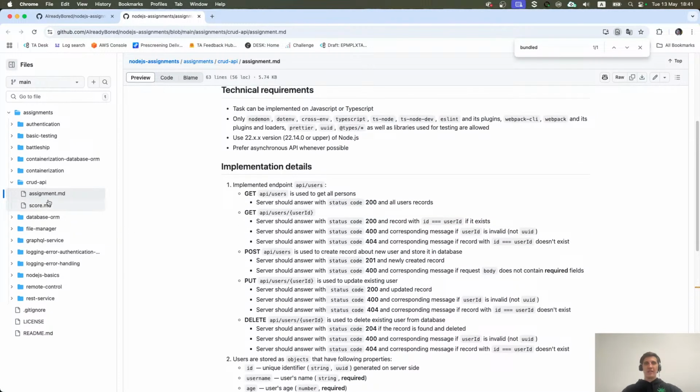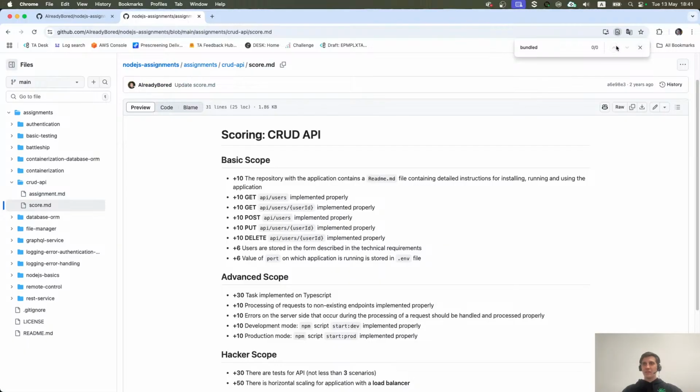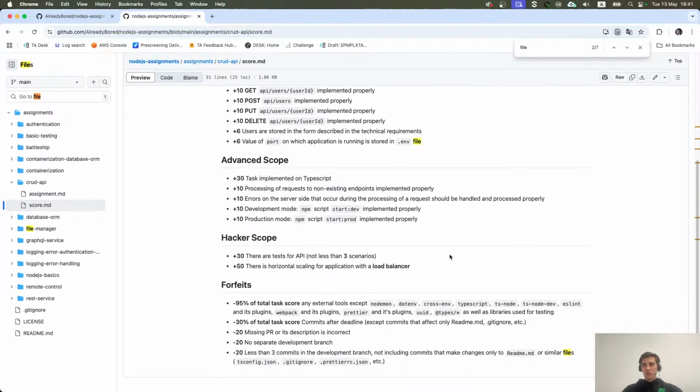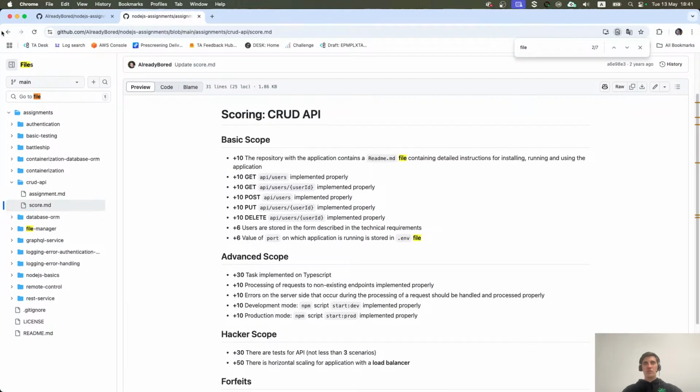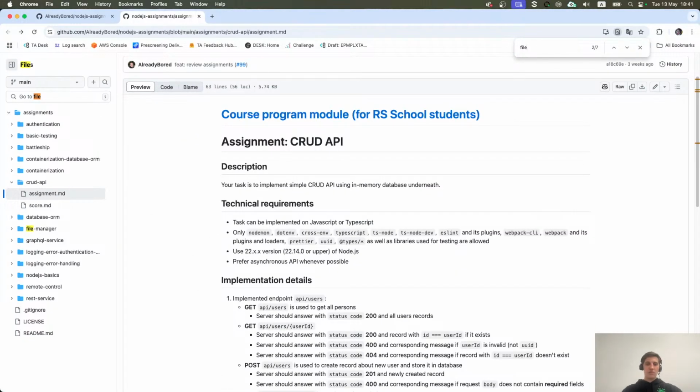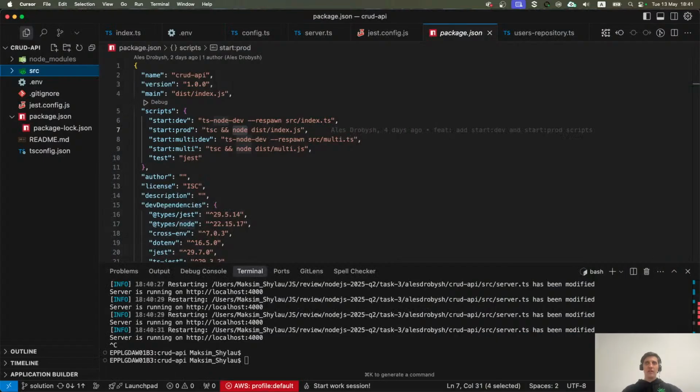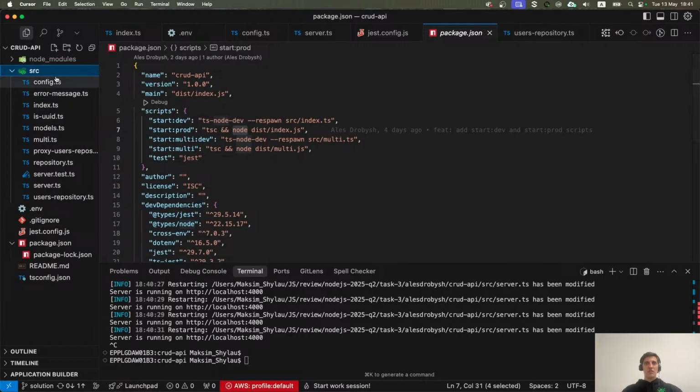You had to do a bit more work in terms of configuration, but okay, it's not listed in the requirements explicitly, but the point was to reduce size, and if we do just npm run start:prod,